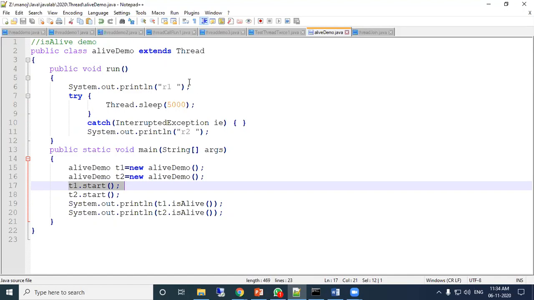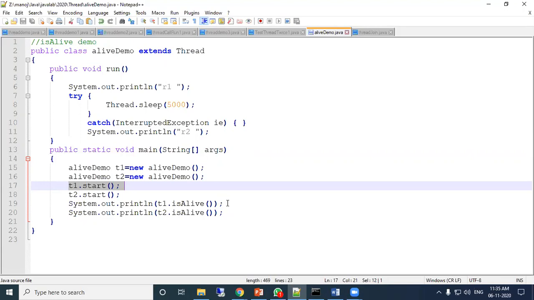During that wait, it will not waste the time for a particular thread. It will give the time to another thread, because T1 start means it has entered the runnable state, not running. When it gets the resource, it starts running. So these two statements are written to enter the runnable state. After that, it executes the process in parallel for each thread, that is, for T1 and T2.